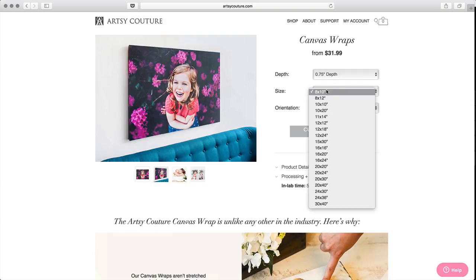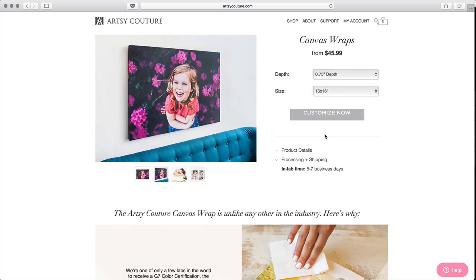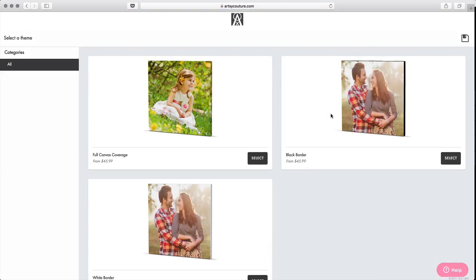And then you'll also want to choose your size. I'm going to be printing square, so orientation won't be an issue for me. But if you are going to be printing, let's say 16 by 20, don't forget to select landscape or portrait for your orientation. When we hit Customize Now, it'll jump over to this page, and here you can see that